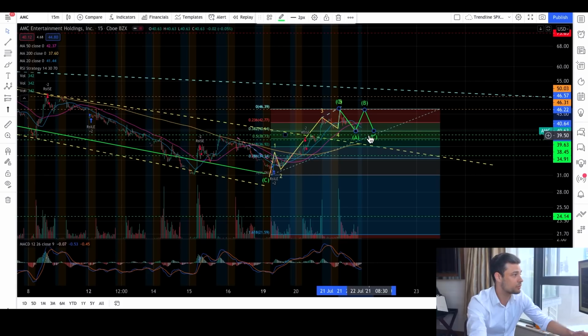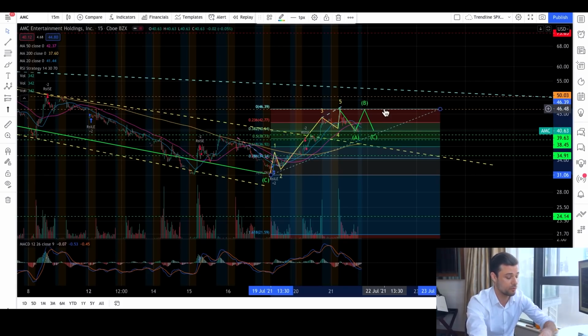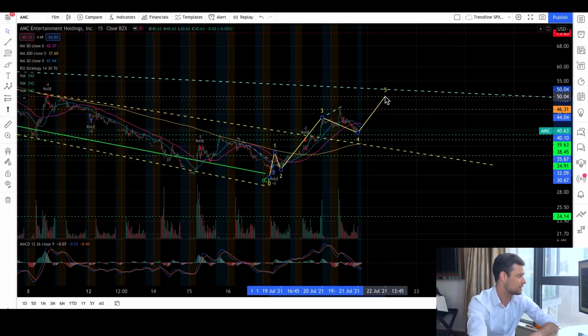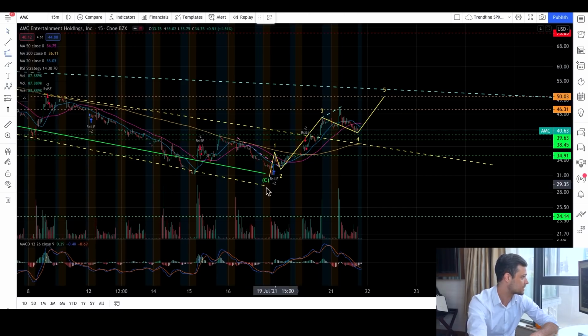The 40 area would probably be revisited one more time before we move higher. This would be a second wave. What else is possible? It's still possible that we have a fourth that is like this, okay? And that the fifth goes higher. This is on the table. Then the fib extensions would be